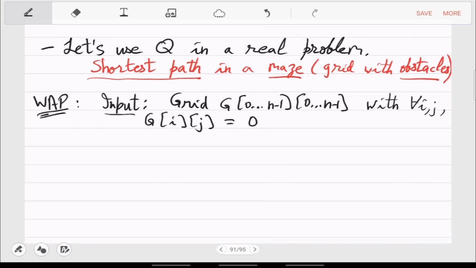This is either 0 if it's an obstacle, so there is a set of obstacles. If ij is one of the obstacles, then it is 0, and otherwise it's 1.